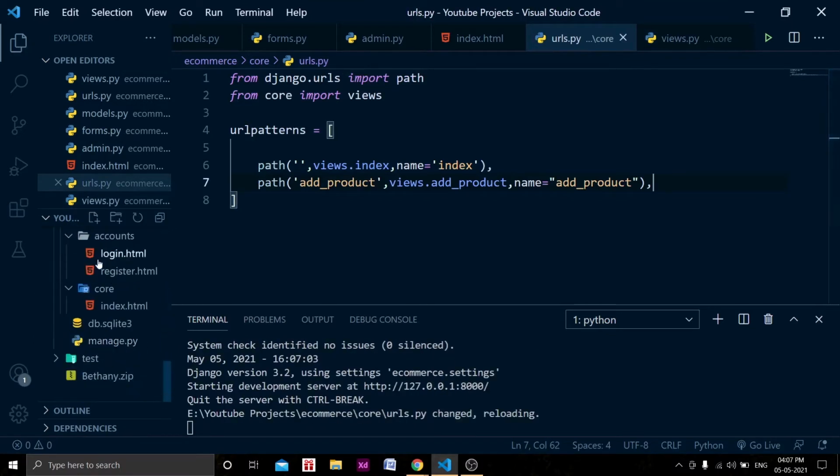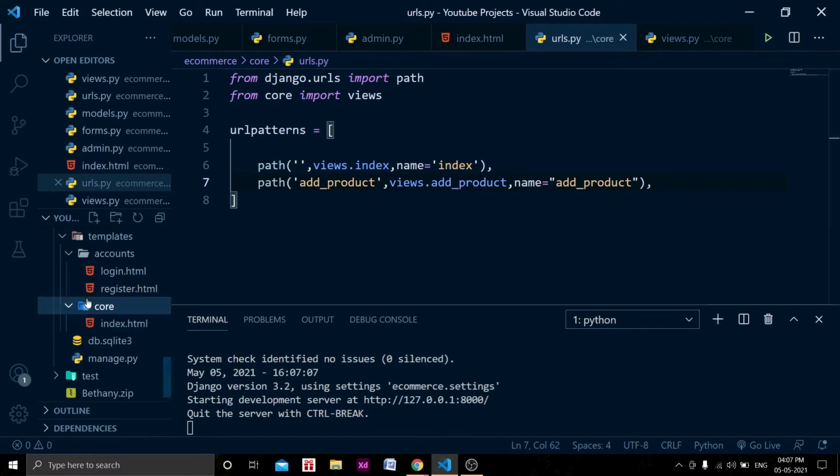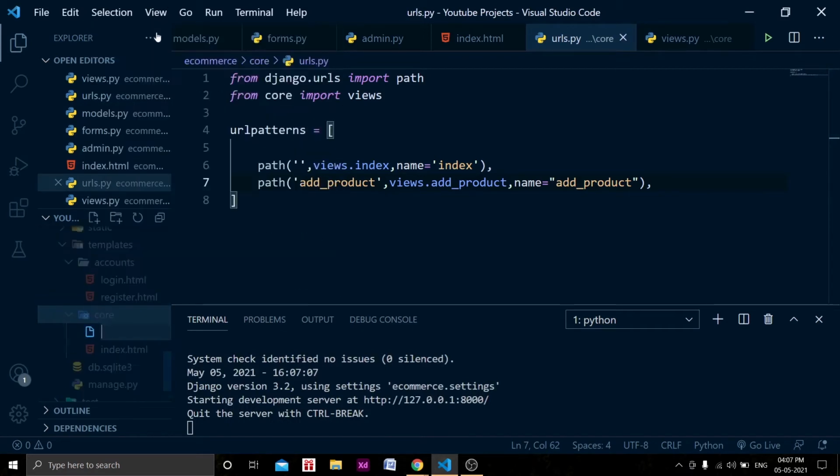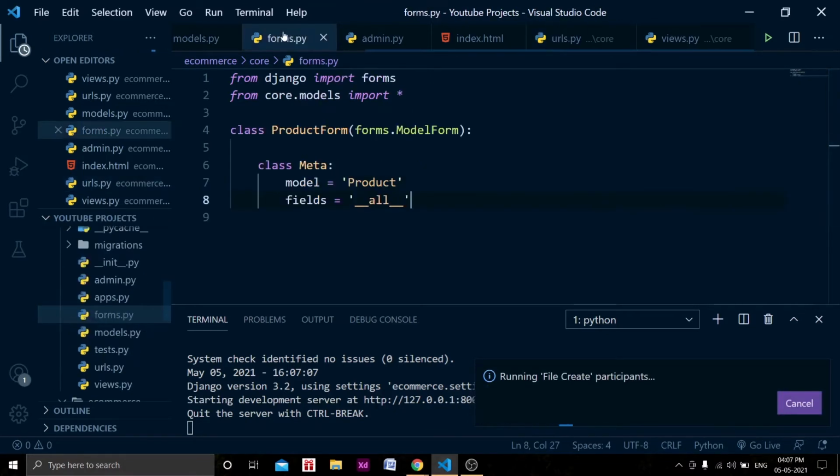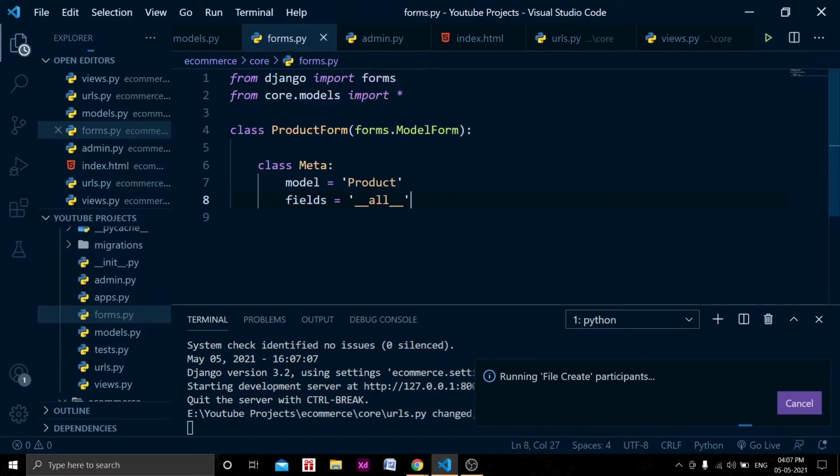Let's go to the core folder. In the template section, just right click and we will add product.html. Okay, it will take some time to create the forms actually, and here in the forms we have created everything.